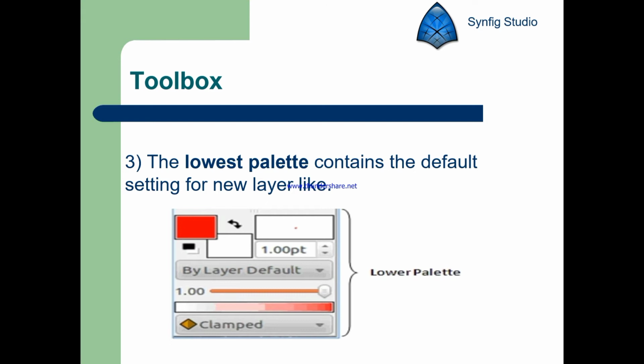If you want to change the text color, then we have to specify the foreground color. Then we have the second option, background color. If you want to modify the object background, then that is the second option. We can find it in the picture also, in the lower palette. Then we have a brush size.